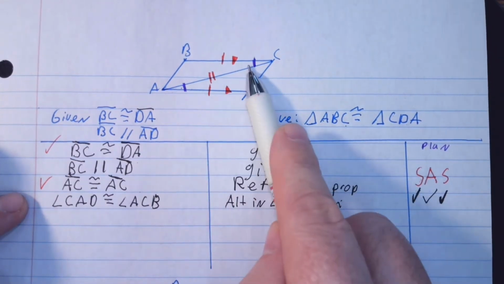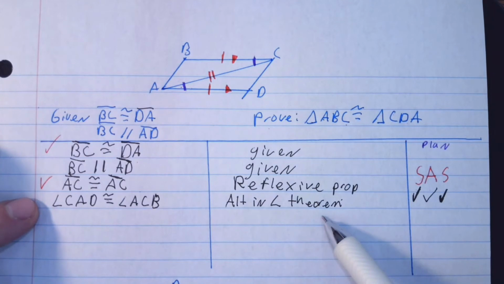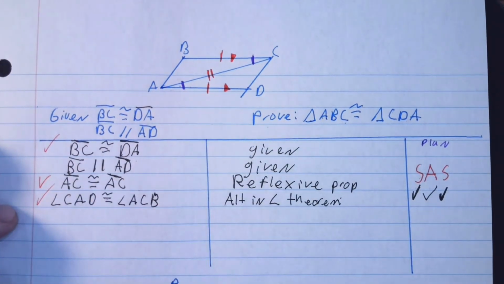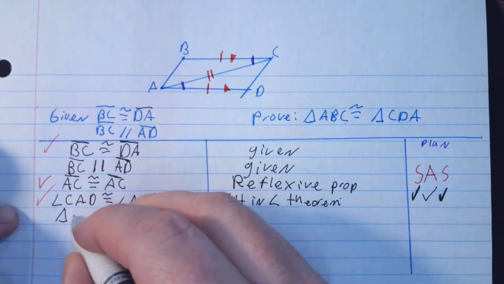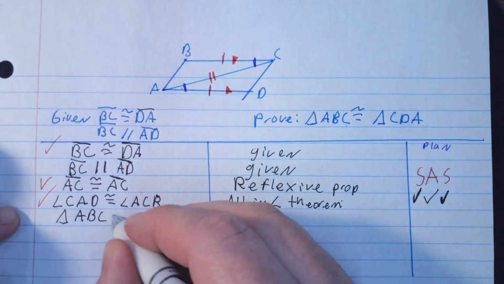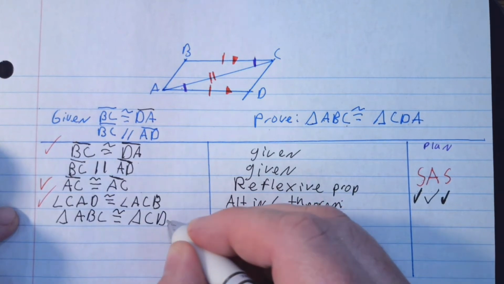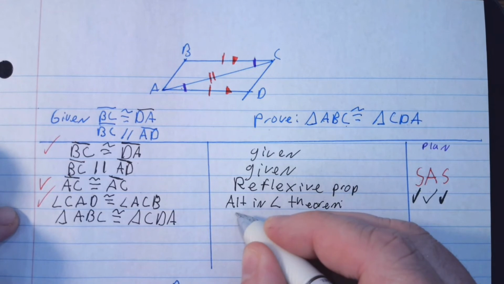Is that true? Are those alternate interior angles? Are alternate angles equal? So that's my third thing, and so my final statement is this. Triangle ABC, CDA. And the reason is